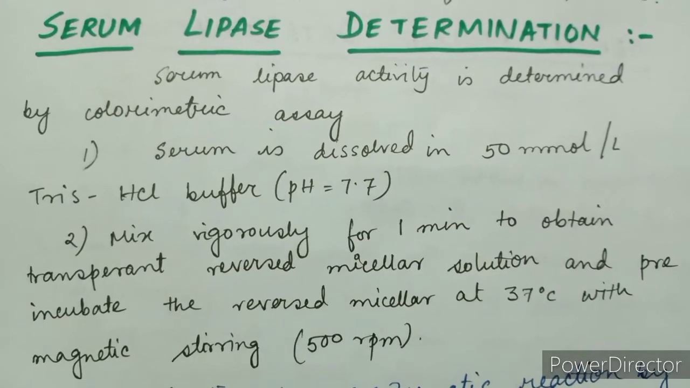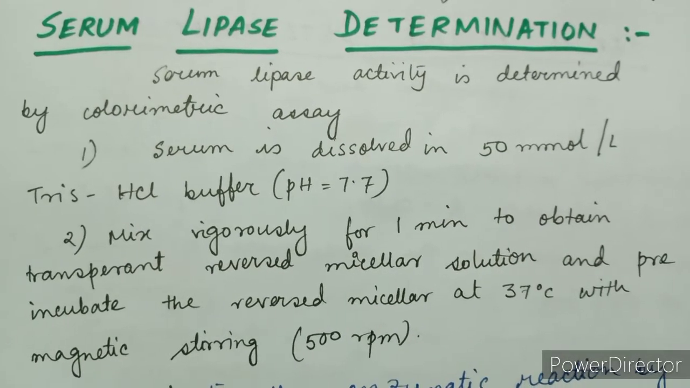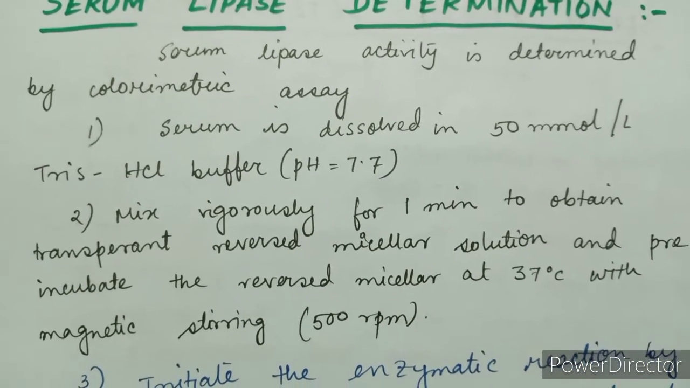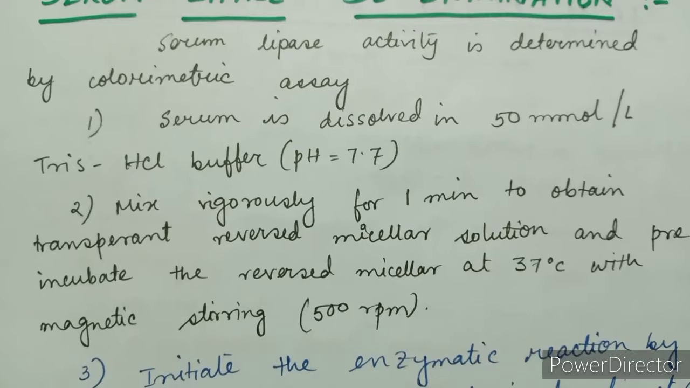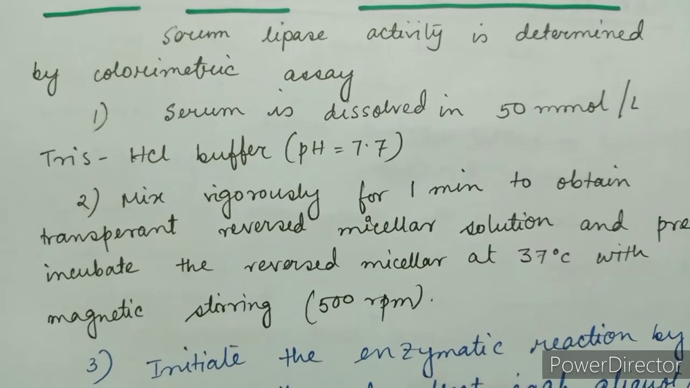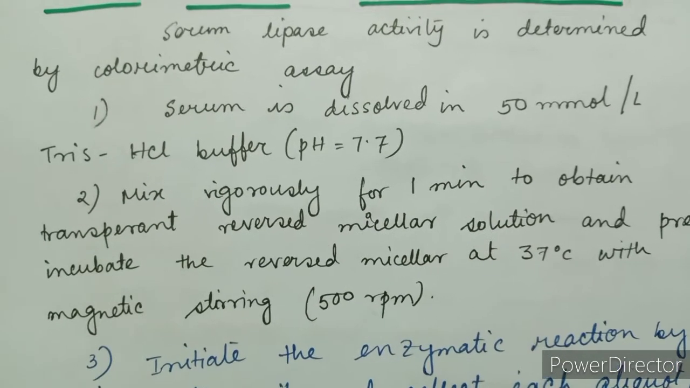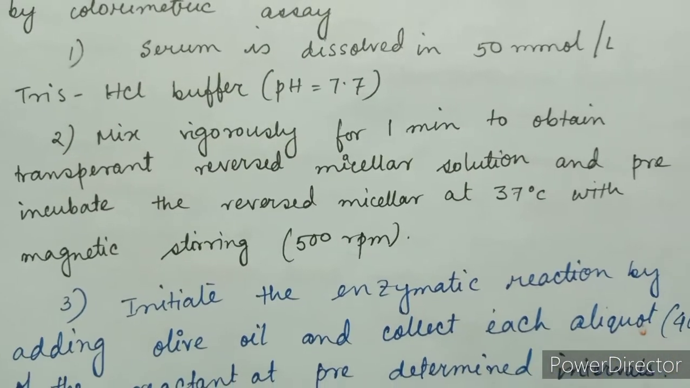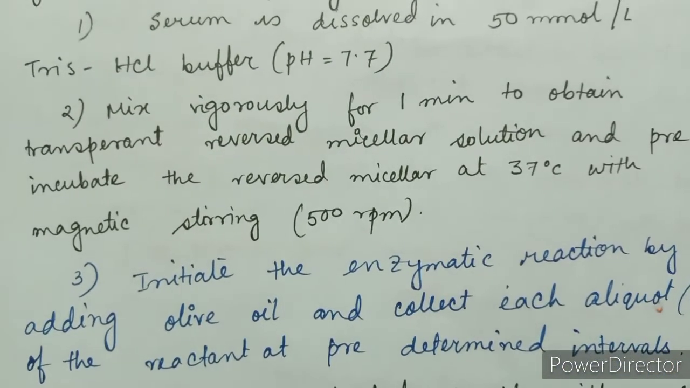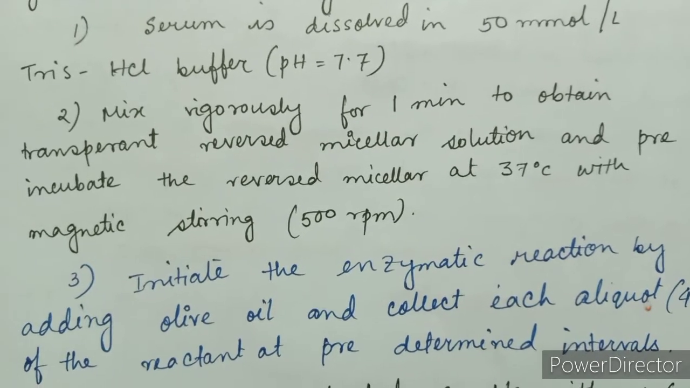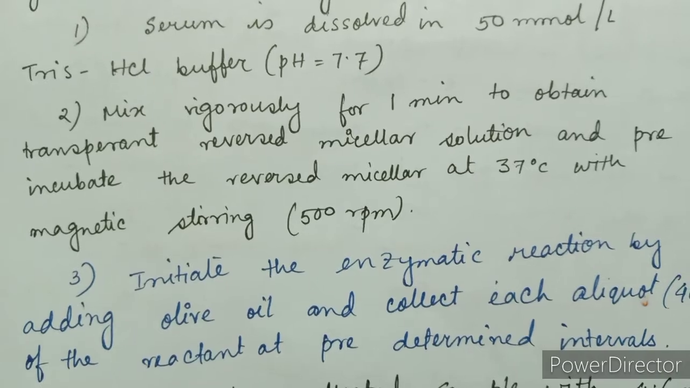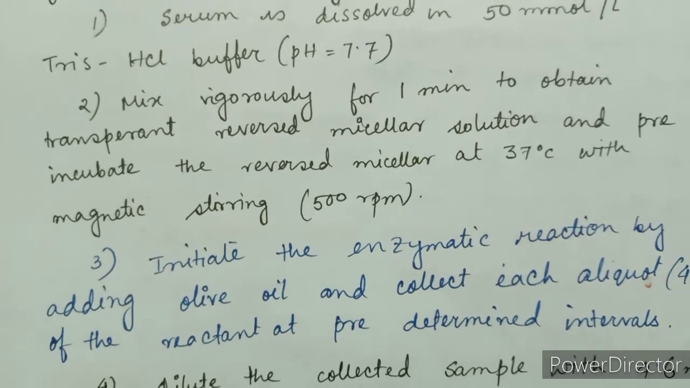Next, serum lipase determination. Serum lipase activity is determined by colorimetric assay. First, serum is dissolved in 50 millimolar per liter Tris-HCl buffer at pH 7.7. Second, mix vigorously for 1 minute to obtain transparent reversed micellar solution and pre-incubate the reversed micellar solution at 37 degrees with magnetic stirrer